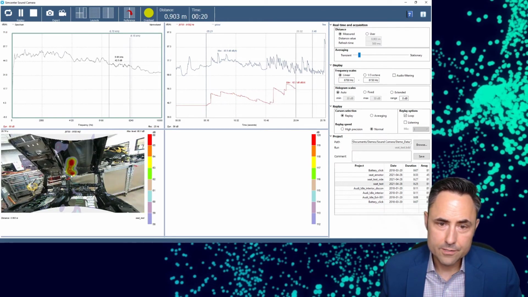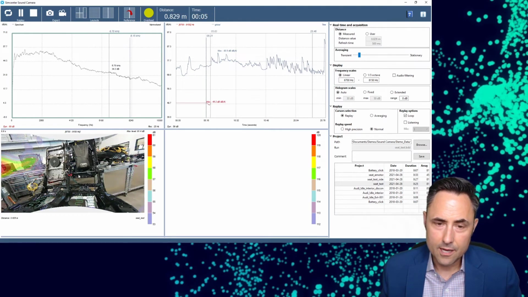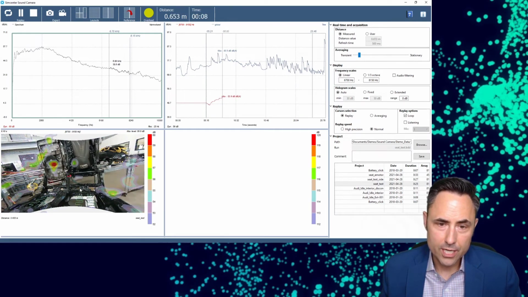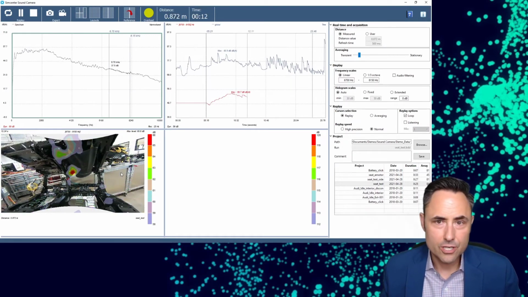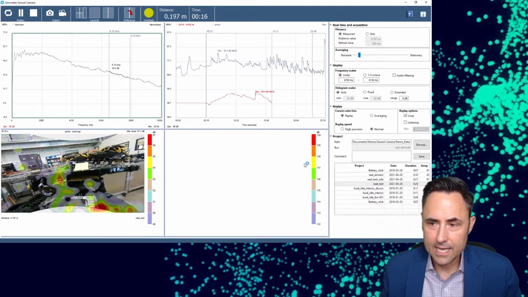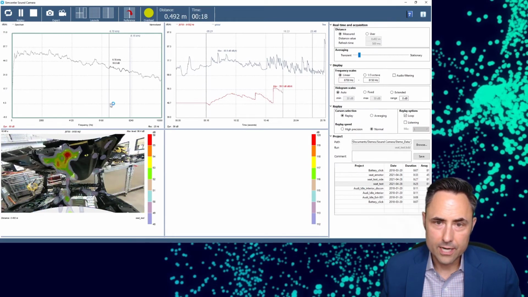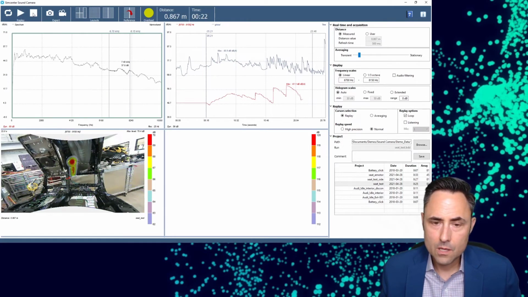Boom, right there. You see that localization during these click events highlight the seat in motion in real time. There's no processing to do, no waiting to see what answer I get. It's all done right here in real time. So that is the Sound Camera.